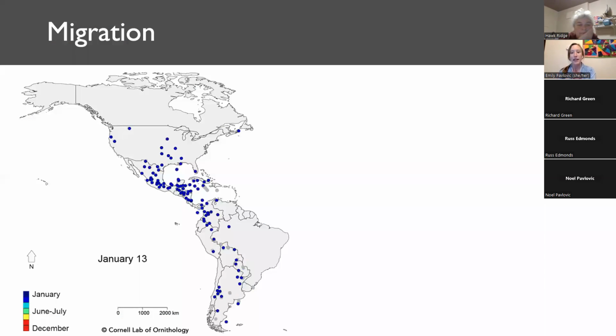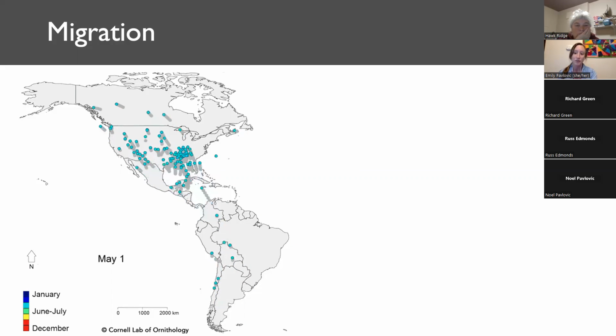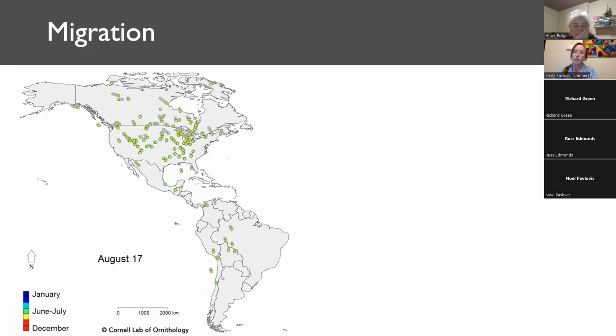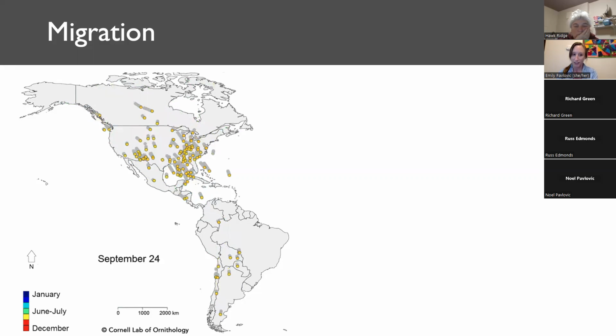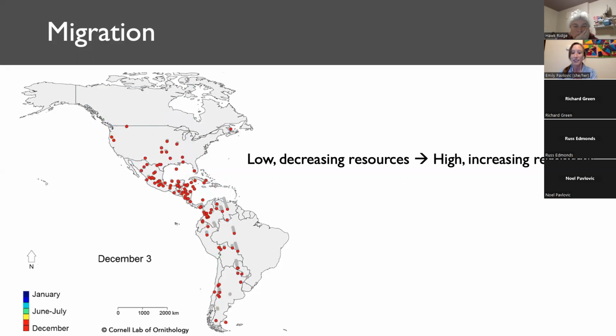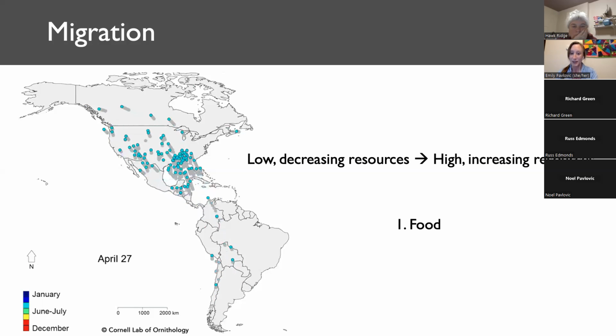Like many other birds, many raptors are migratory. What this means is that they inhabit multiple different locations during a full cycle of the year. And animal migration is mostly driven by resources. An animal is likely to migrate from a region of low or decreasing resources to an area of high or increasing resources. And the 2 main resources that drive bird migration are, number 1, food, and number 2, nesting